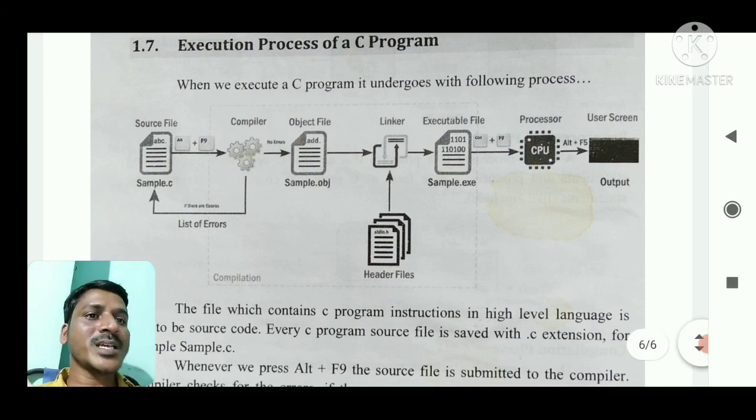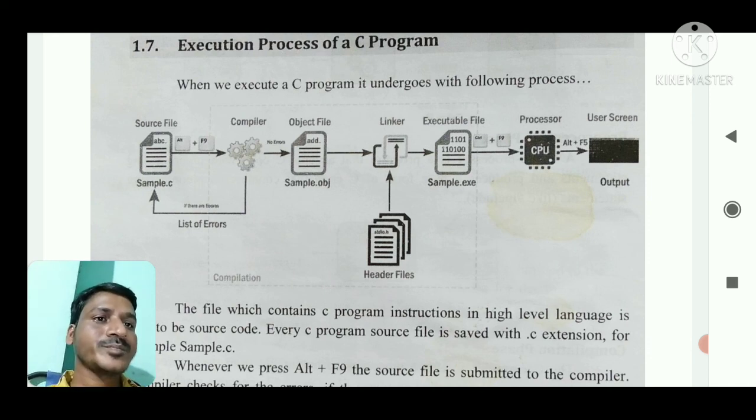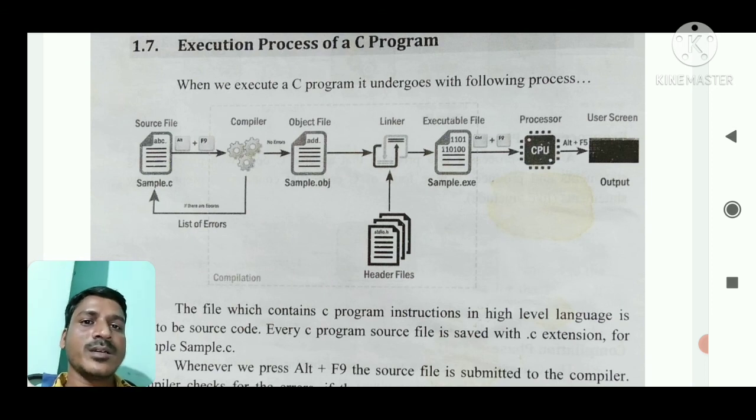Then the processor does the work according to our specified instructions and gives the result according to the specific instructions written in our file. For example, adding two numbers, the sum of the two numbers will be displayed on the user screen.